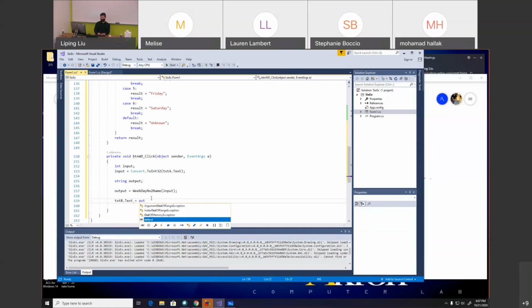Show output. Okay, so there we go. So now you have the button which will convert numbers to names. I don't think we need to try it. It should be very straightforward. You can try it. So what I'm going to do is